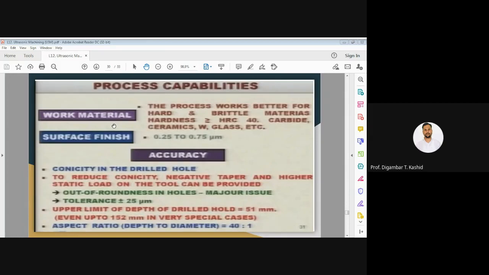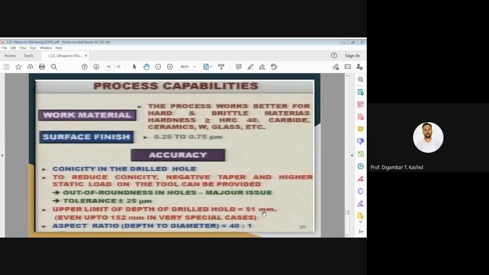So to reduce the conicity, or we can call negative taper on your tool, higher static load on the tool can be provided. Okay, out of roundness in the holes, that is also a major issue in the case of ultrasonic machining. And the tolerance, here I have written the tolerance that can be achieved or obtained by this process, is near about plus minus 25 micron, and the upper limit of the depth of a drilled hole is normally